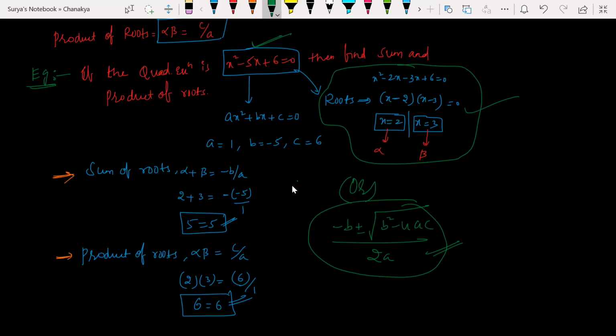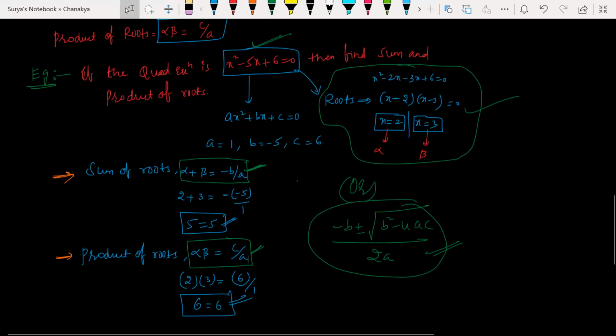After finding roots, I just showed that alpha plus beta is equal to minus b by a. I told you, right? So whenever we are adding alpha plus beta, it must be equal to minus b by a. Then only my answer is correct, right? Then only whatever we have spoken about will be valid, existing, and true. If not, whatever we have discussed is going to be wrong, that is going to be invalid, isn't it? So now we are getting LHS equal to RHS here. So whatever we have spoken about is valid information, right?